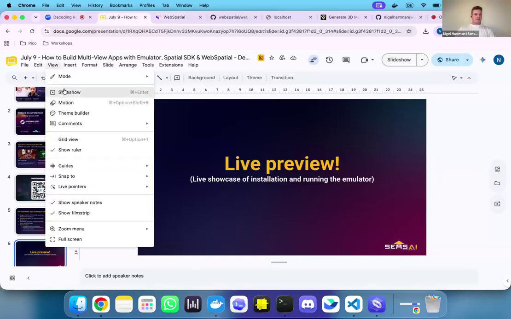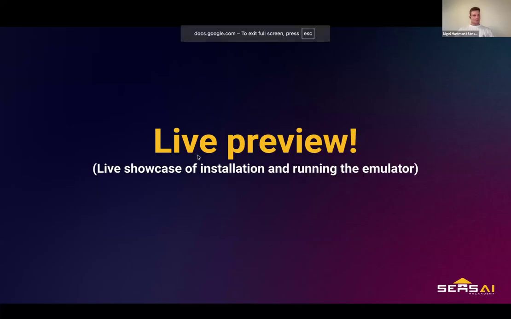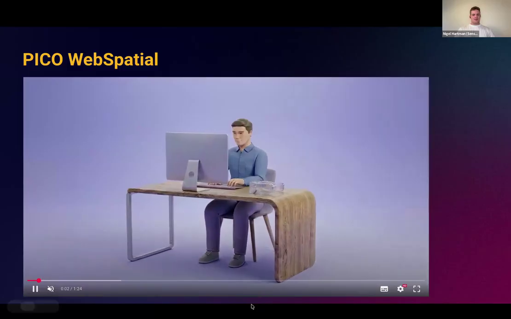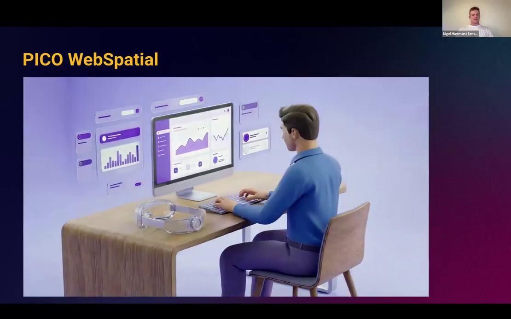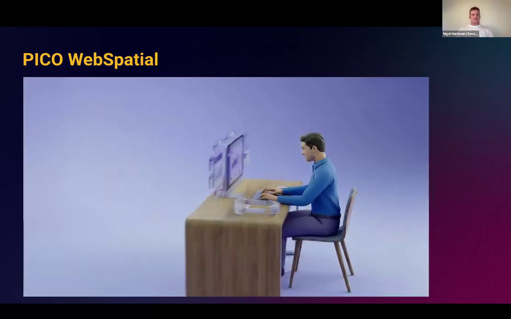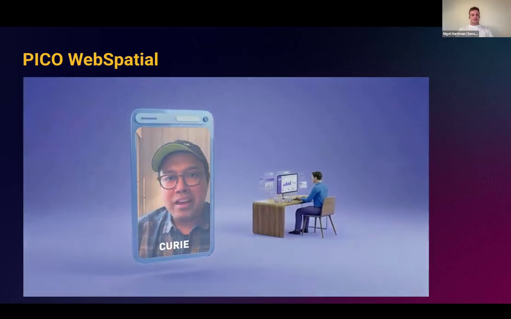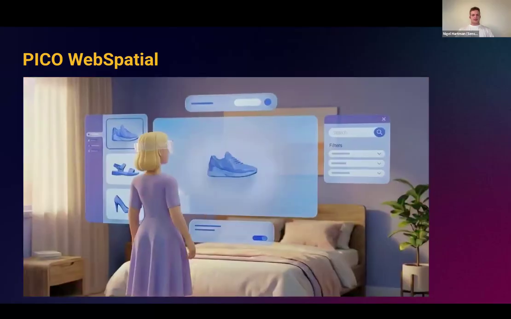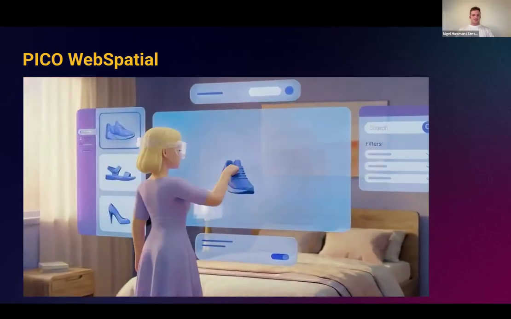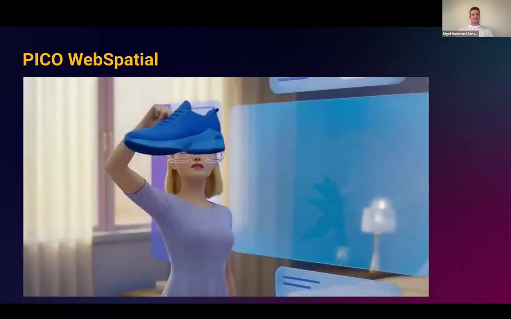So from here, I want to show you how you can additionally build for this new operating system. For that, I shortly want to show you this trailer. And basically, you can see here the traditional way of working with one monitor, but now you can see with the new Pico headset and especially the new operating system, it allows you to use multiple windows, take the 2D things out of the window and have even 3D windows, which is really powerful for any type of